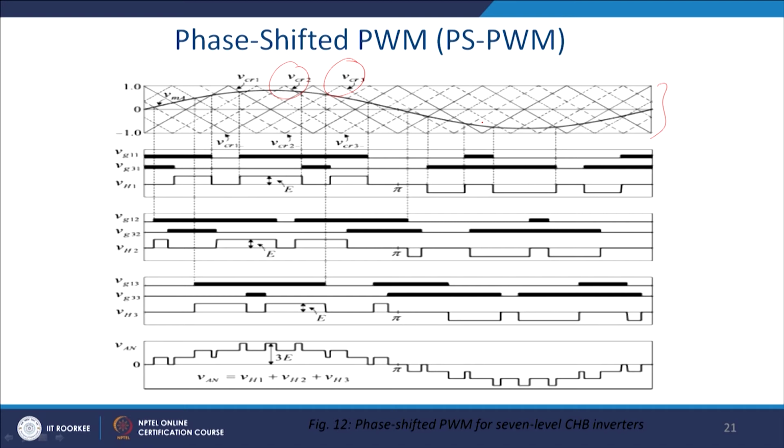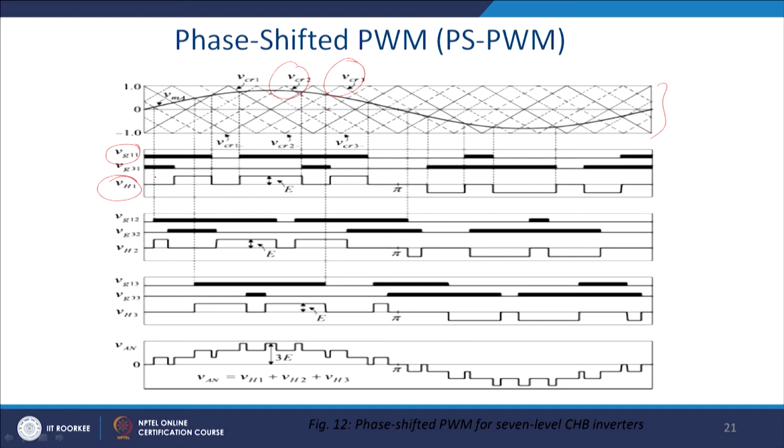So, now they are 120 degree phase shifted here, since we have 3 carrier waves. So, you will generate these pulses. The logic is pretty simple: when the modulating signal is more than the carrier wave, you will be on. Thus, you get Vg1 for this purpose, and it will be on till this time, and here the crossover occurs, and ultimately this will be the pulses for the first H-bridge converter.